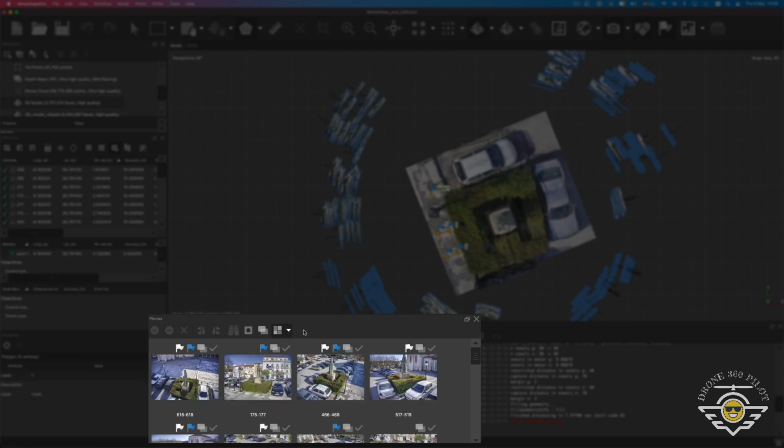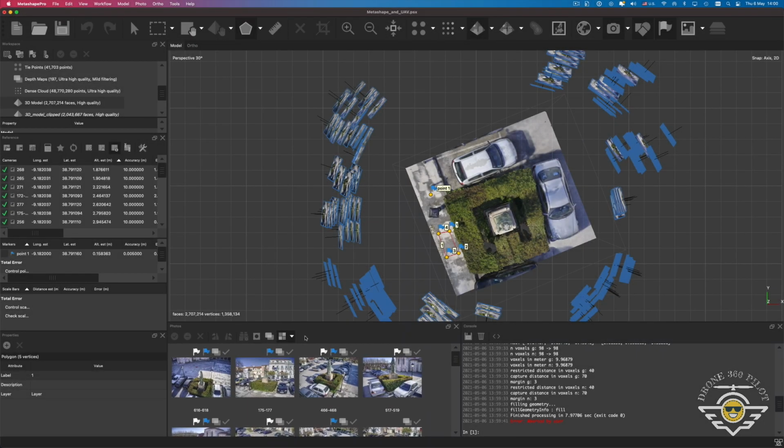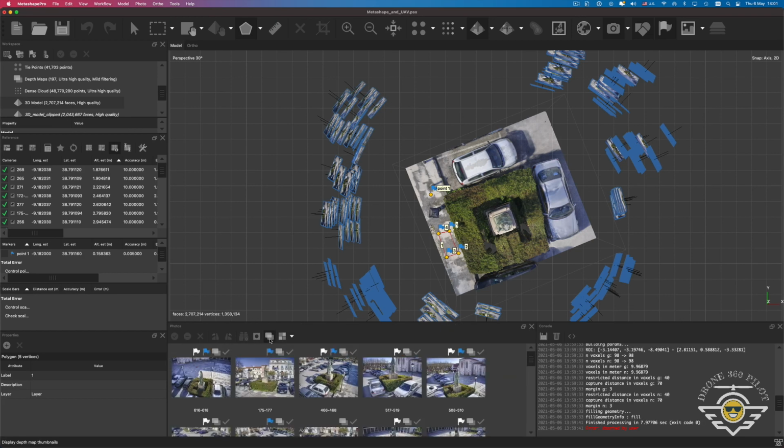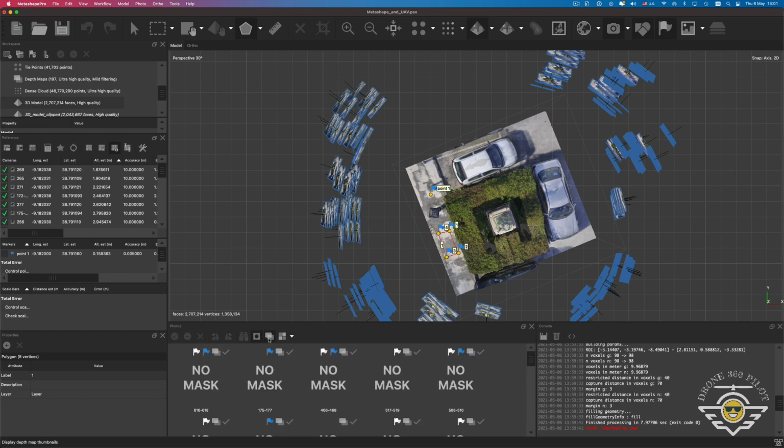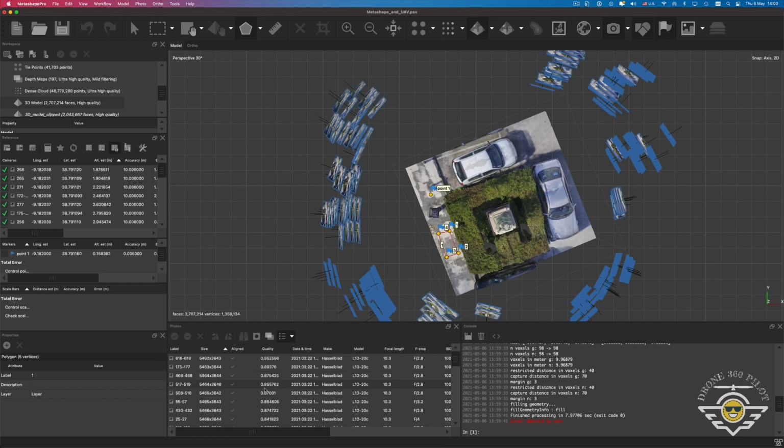So, buttons located on the Photos pane allow us to enable or disable certain cameras, remove cameras, rotate selected photos clockwise, counterclockwise, but this works only for a display purpose only. Reset current photo filtering option. Switch between images, masks, depth maps, thumbnails. In this pane, we can check alignment, check quality of each photo, check details of camera that has been used to create each photo.